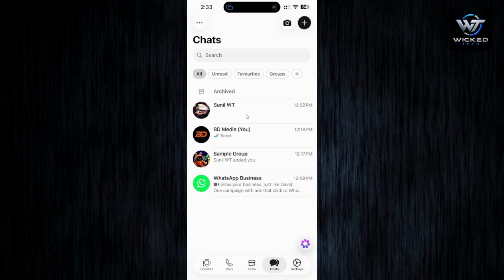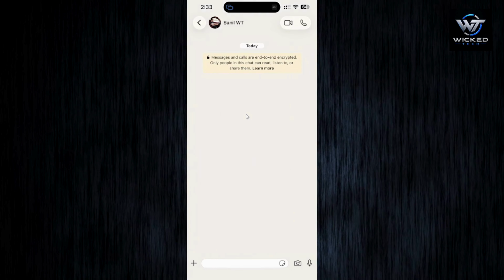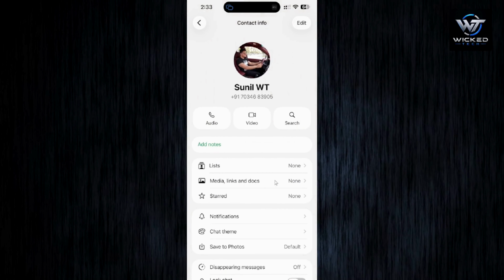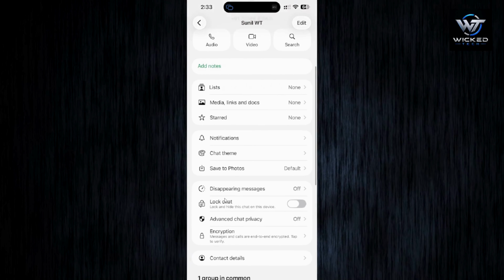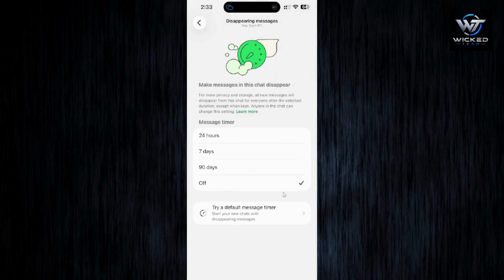So you can take any chat that you want, and once you're here just click on the name, and once you're there just go down and you can choose disappearing messages turn on or off. So just click on that, and here I have turned off the messages. So if you want to turn it on, you can choose how many days you want, or 24 hours, 7 days, or 90 days. So this will actually make the messages disappear once somebody's sending to you or you are